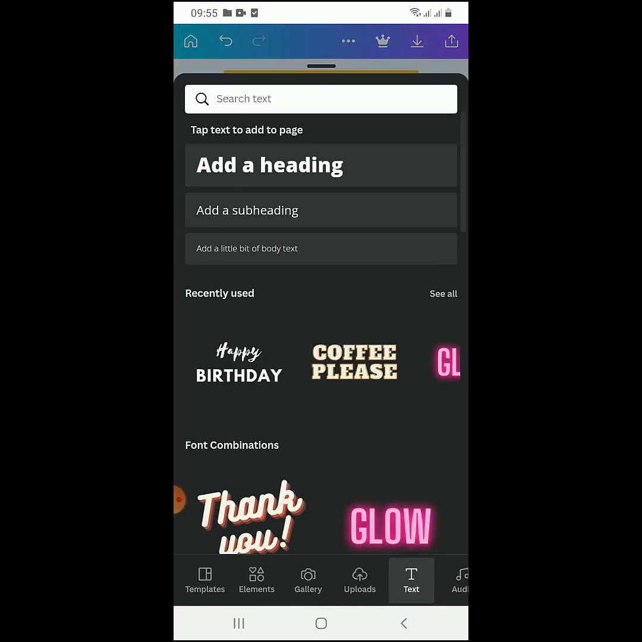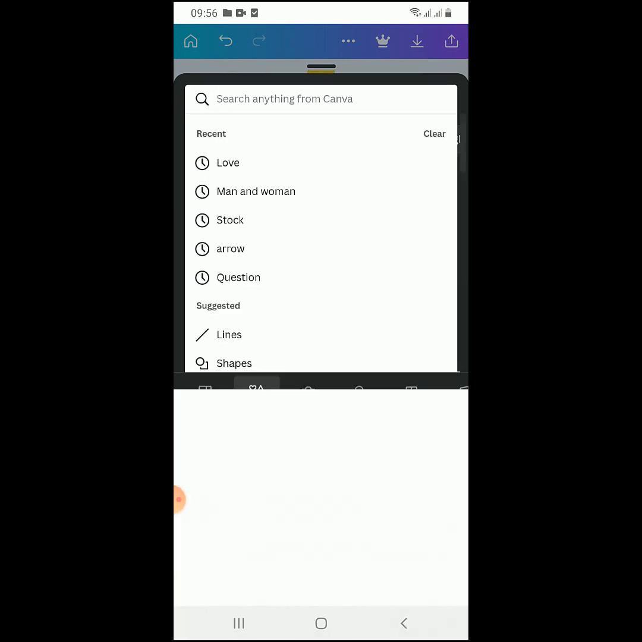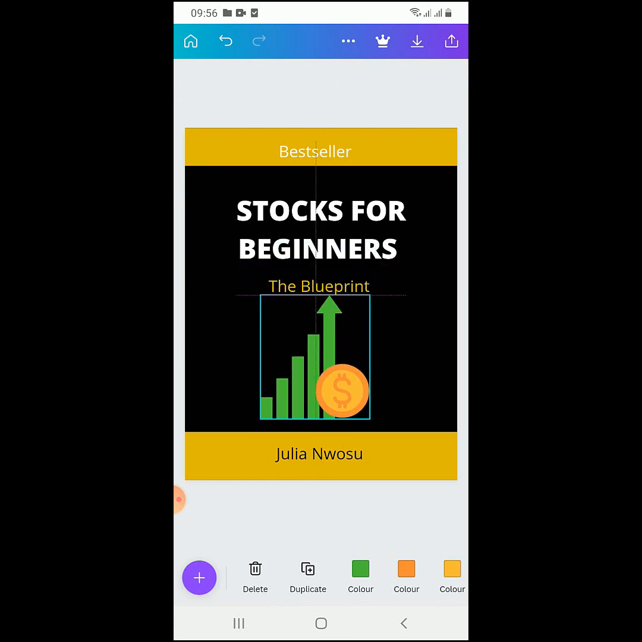I will go to the elements, and then I'll look for a stock sign. So I already have one, but let me just type here stock. If I type in stock, I'll see different designs. So let's say I want to use this first one. I will bring it in here. Now you can see,